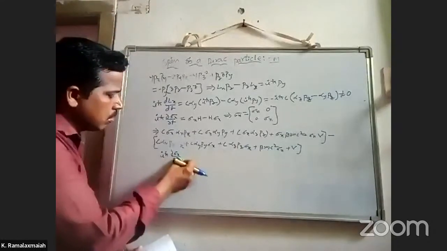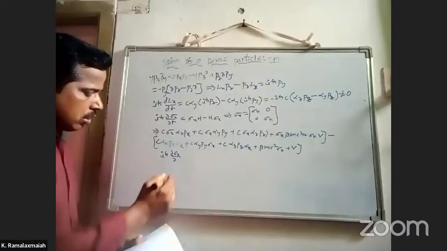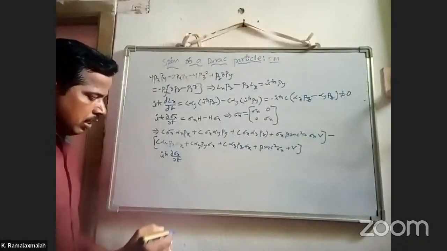We derived the t term this way. So you write ∂σx/∂t equals